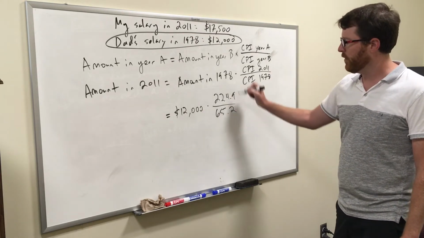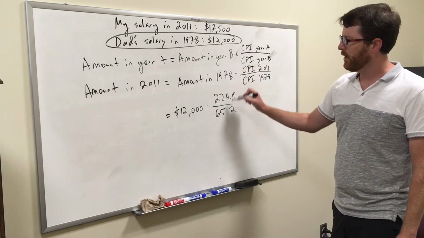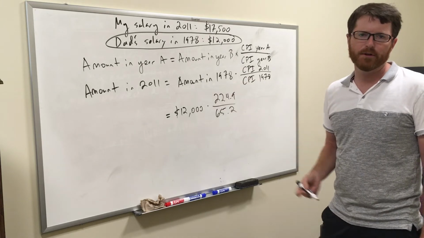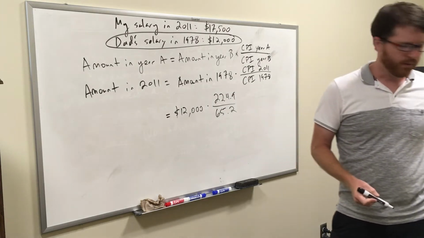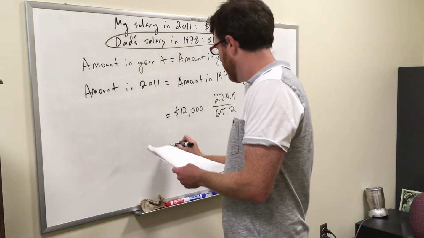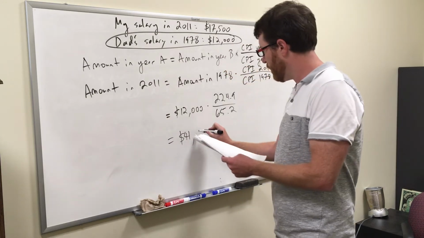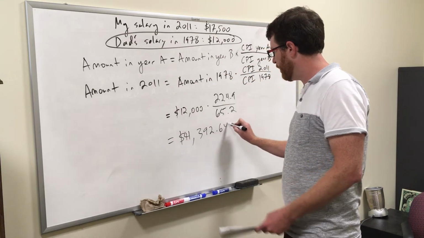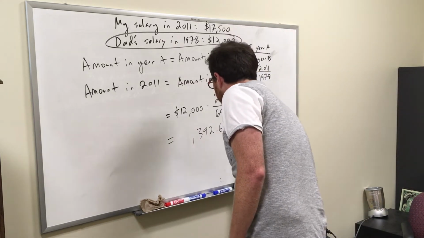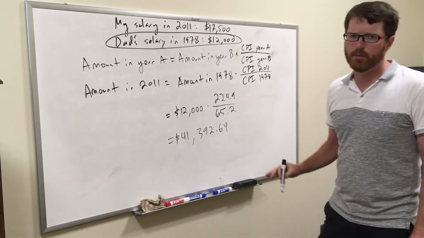So what this is basically doing is saying if prices were 3.5 times higher in 2011, then we need to multiply that 3.5 times 12,000 to see how much it would be worth, okay? So I can solve for this, and what I think you'll get is about $41,392.64, okay? And these are always just estimates, meaning this is not literally how much it would be worth, because